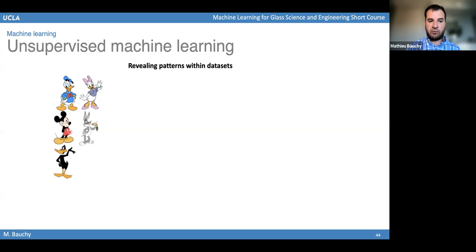Let's assume that you have this list of characters here, and you don't know anything about those characters. You don't know that some of them are ducks, some of them are mice, some of them are rabbits, etc. You just have those characters and you don't have any label. And so if your goal is to group them in terms of groups of characters that look similar to each other, what an unsupervised machine learning model would do is to look at those data,